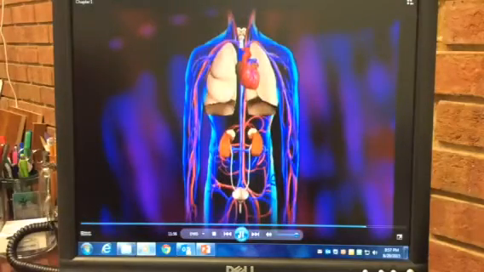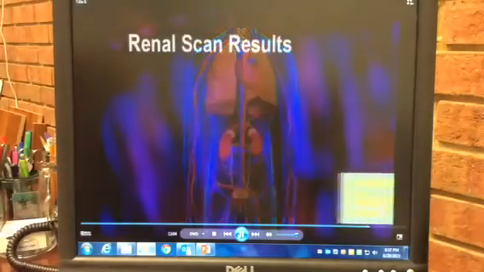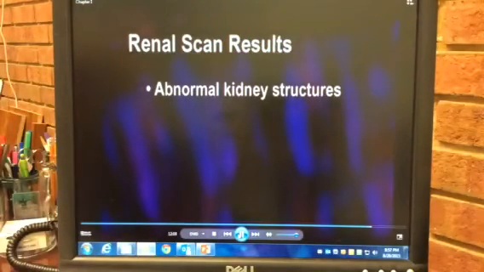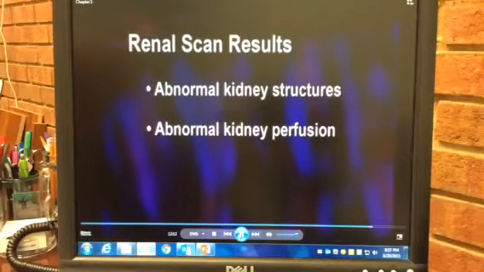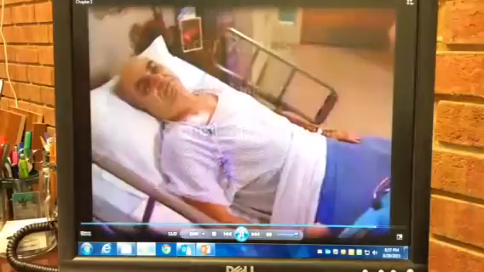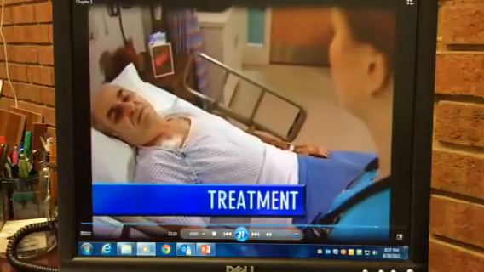During a renal scan, a radioisotope is injected into the blood. Then the kidneys are visualized through a scanner. A renal scan may show abnormal kidney structures, which may occur in renal infarction, abnormal perfusion, which may occur in renal artery atherosclerosis, or abnormal excretory function, which may occur in ATN. After acute renal failure is confirmed,